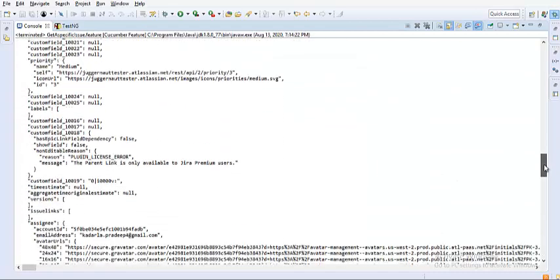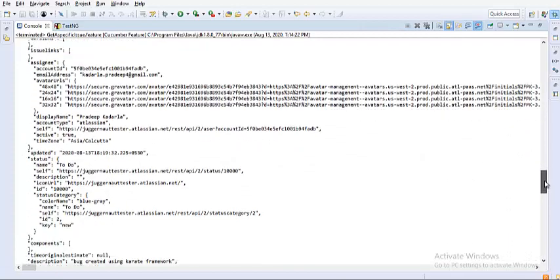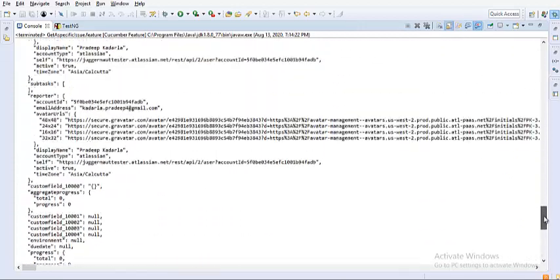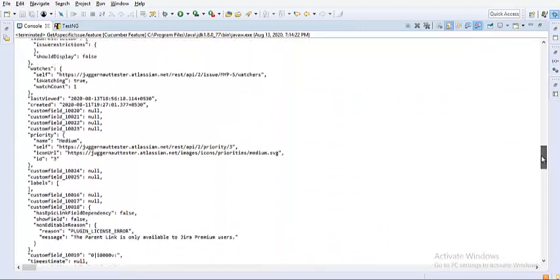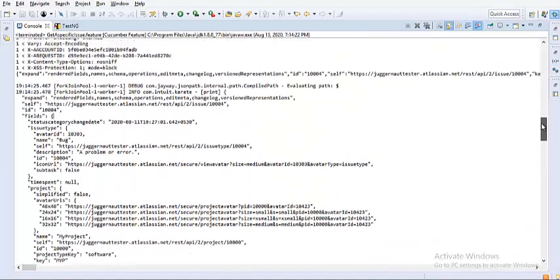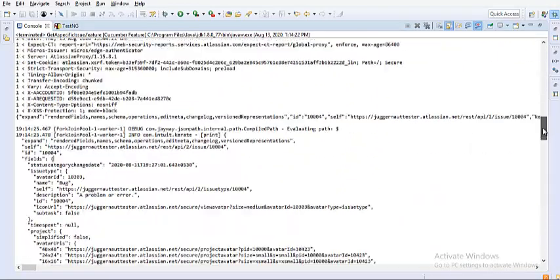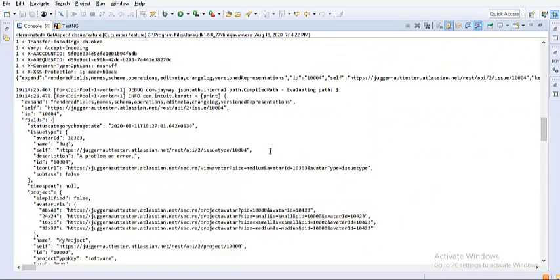It is very cumbersome to see the response like this because it is not prettified. We cannot find the path for a particular element, so it is very difficult to put in assertions. So guys, my suggestion is, if you want to understand the JSON message, let's use a JSON online editor.